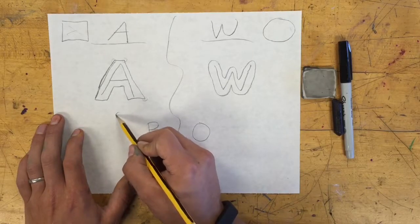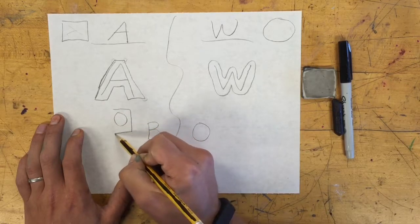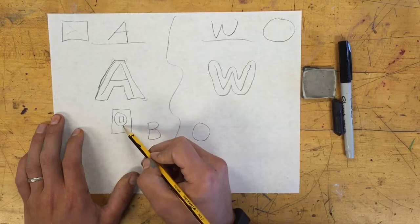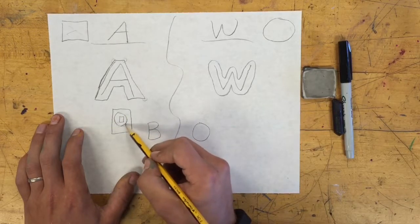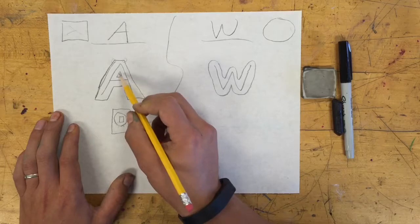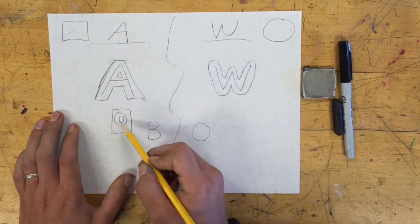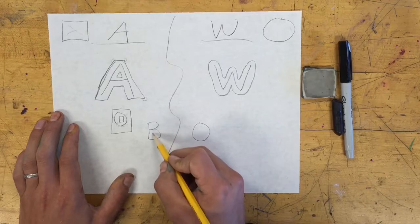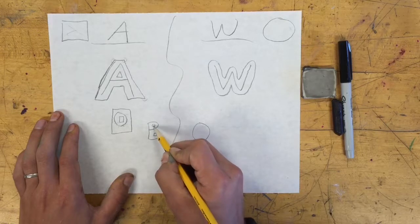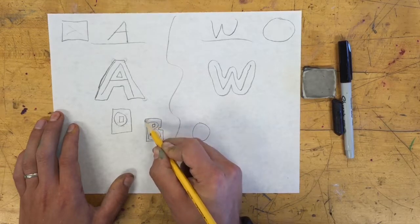If I had an O, which is probably the most challenging one, you could still trace over it with blocks, and in the middle with a block. Then a lot of people erase this middle part because they want it to look a little more realistic. Some letters have those little holes in them, like the O and the B, and it's nice to go back into that small hole. If I was doing a block, I would do a block. If I was doing a bubble, I would do the bubble. The block would obviously look more like a block,